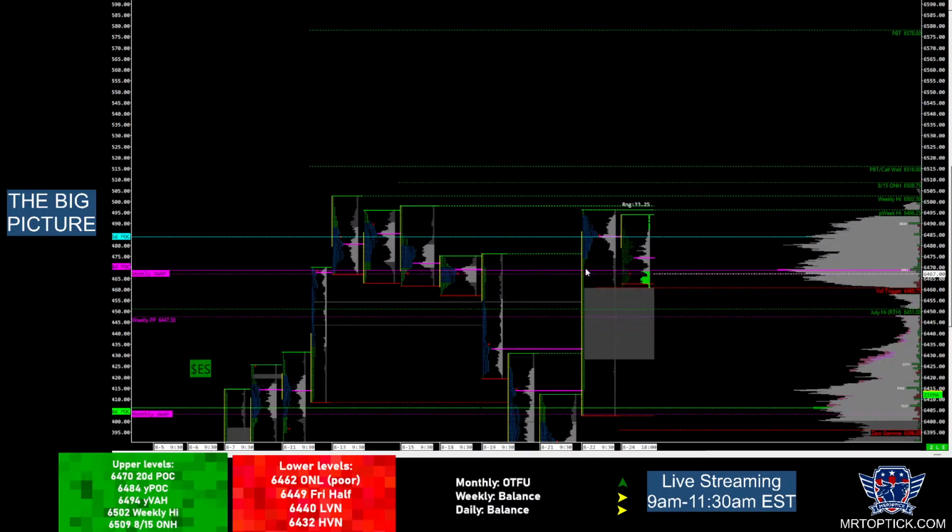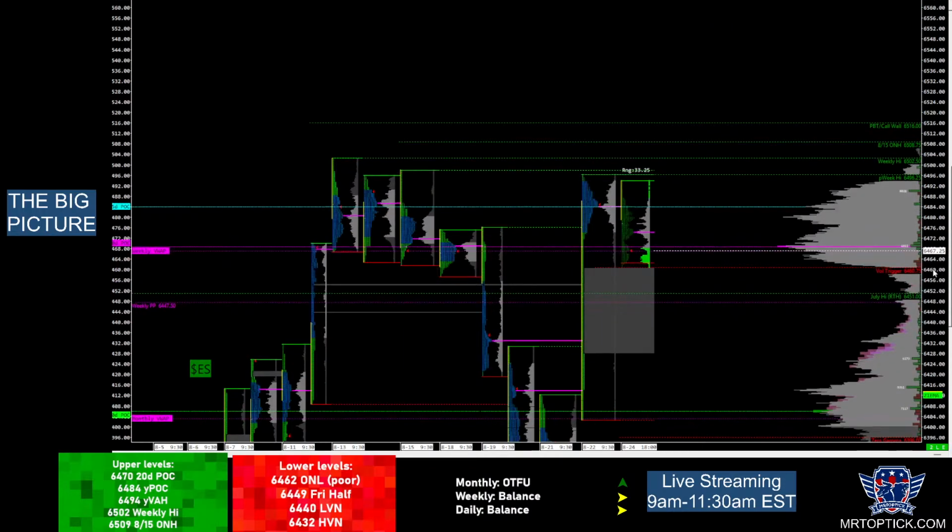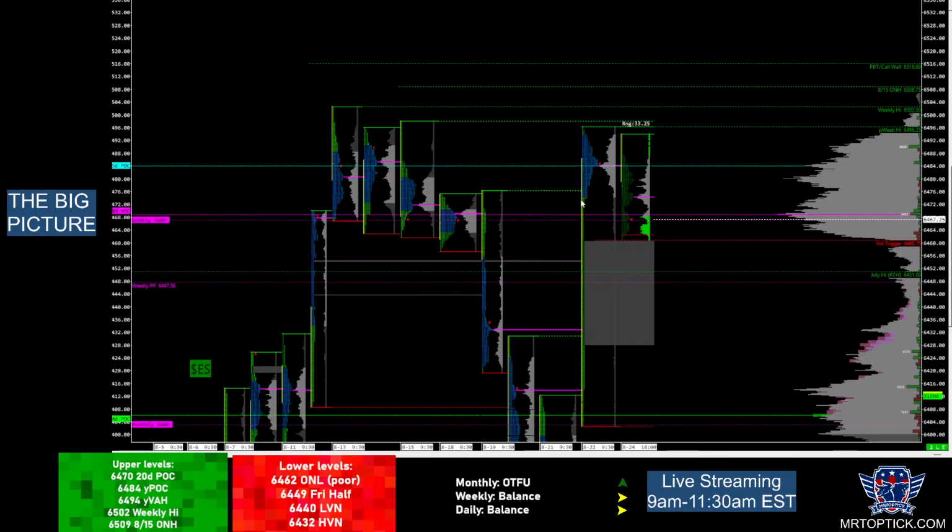So I'm looking for today to see if we start trading inside value for Friday, which is up here, right? Is this distribution? Trading inside the spike is a little more bearish, so I'm going to be watching this, if we trade inside value or if we just consolidate here and chop around in this distribution, in which case fading the edges would be the way to go about trading this session.